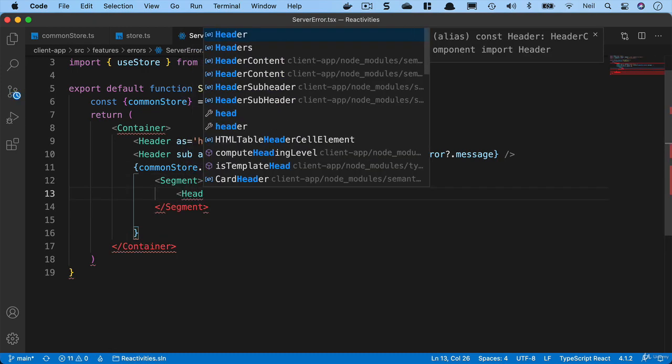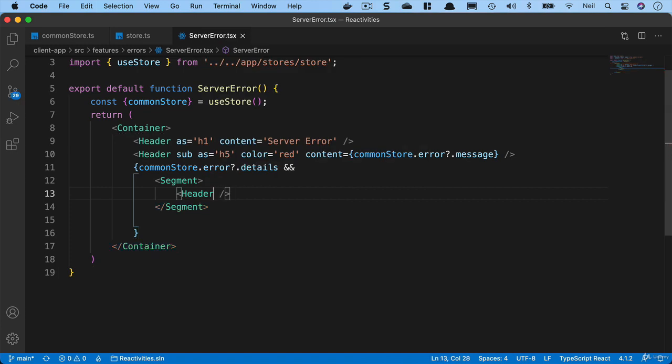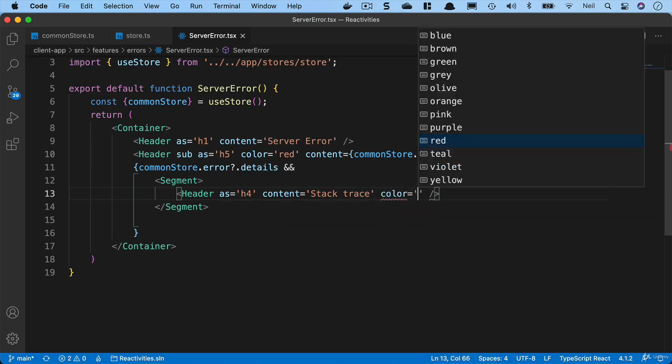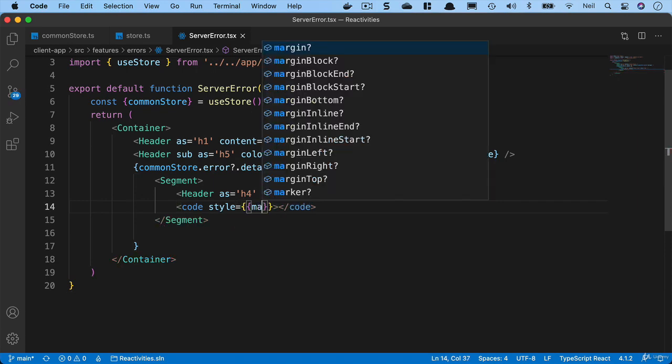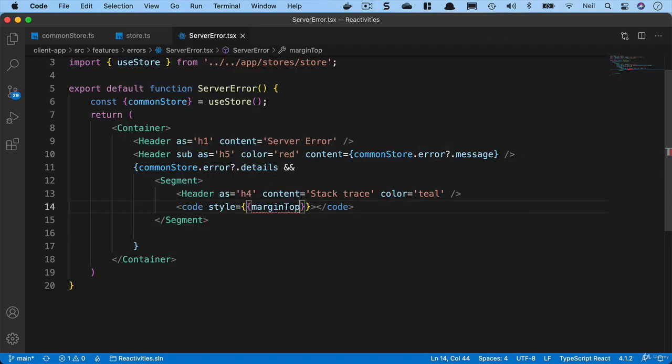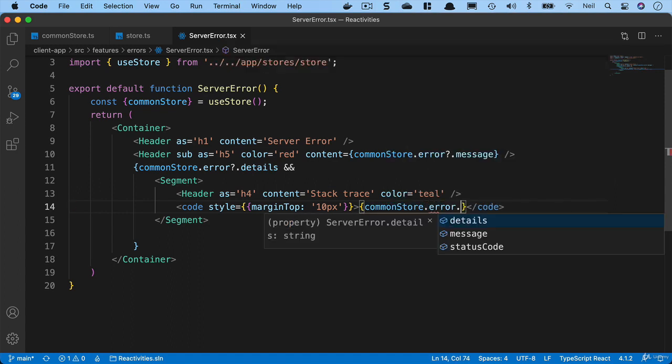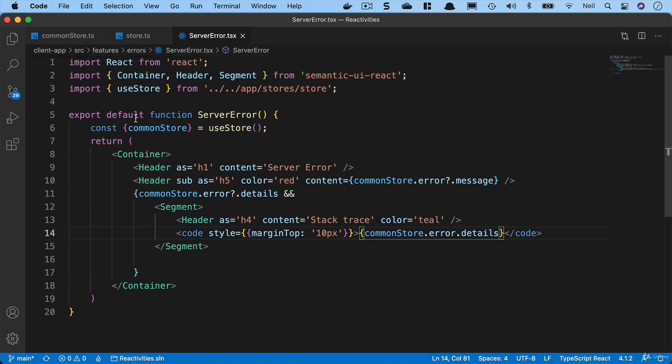And inside here, we'll just add another header. And we'll say as equals h4, and we'll say content equals stack trace. And we'll say color equals teal. And below this, we'll add a code element. And we'll say style equals margin top, and we'll specify 10 pixels. And inside here, we'll specify the commonStore.error.details. And because we're getting information from the store here, then we're going to need to make this component an